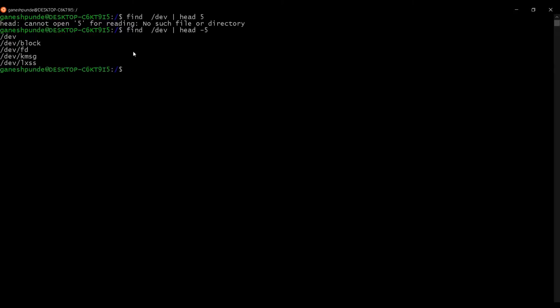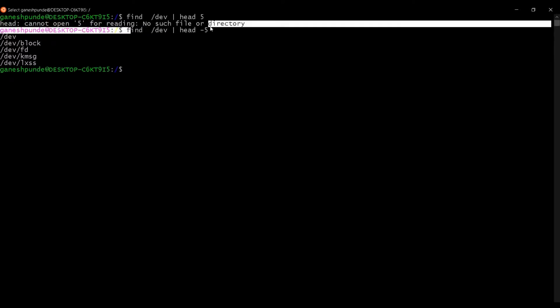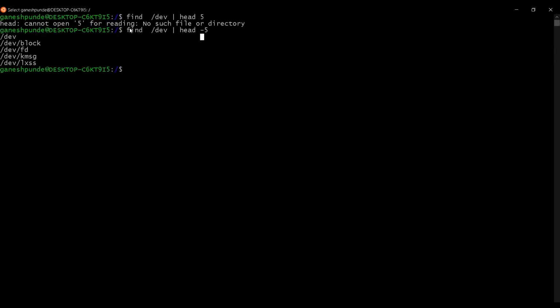You can see that by using head, I can see only 5 results. There are so many results. So if you want to search in dev and etc, you can say find, specify the directory, and it will search all the files and directories.